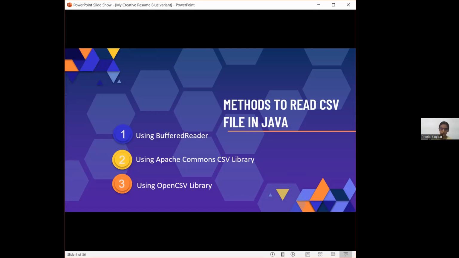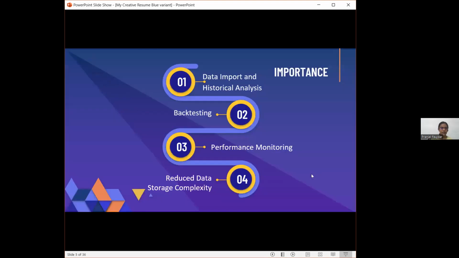Next, see the importance: why is reading CSV files important for stock trading applications? The first reason is data import and historical analysis. Stock trading applications often need to import historical price and trading volume data for analysis.